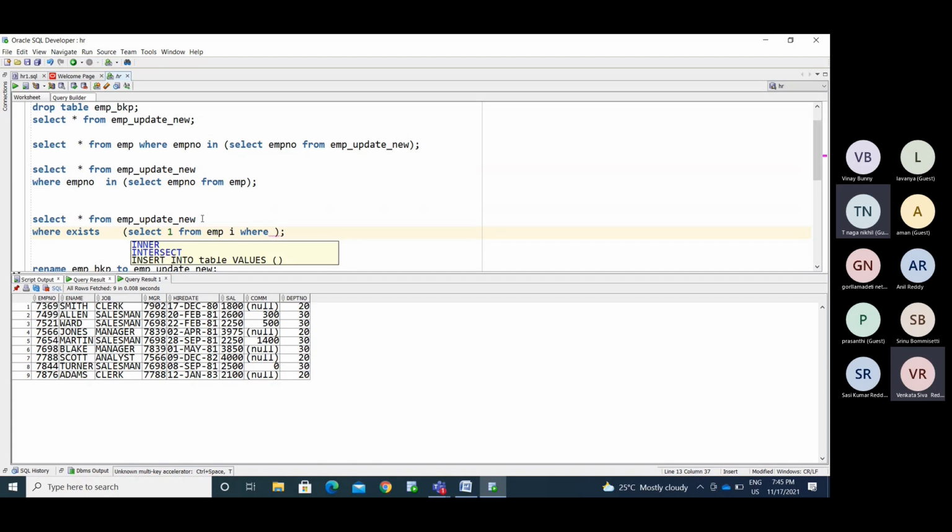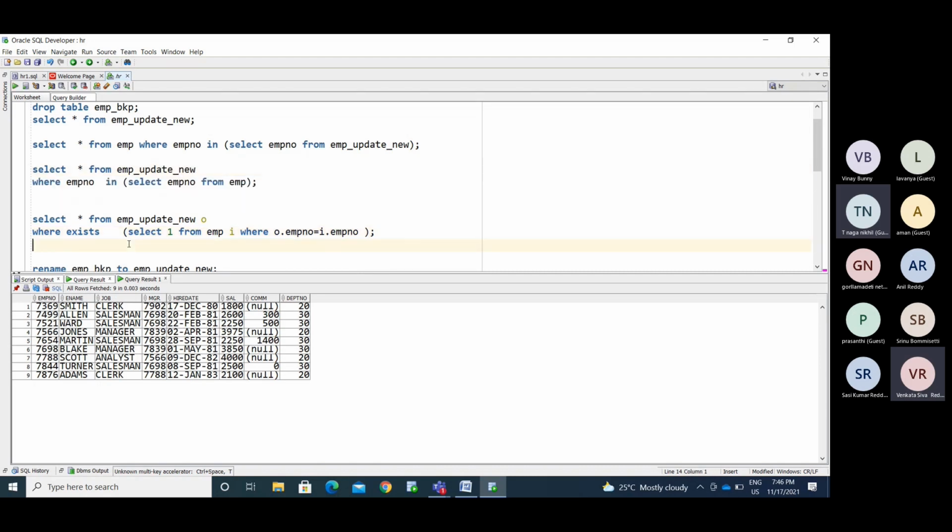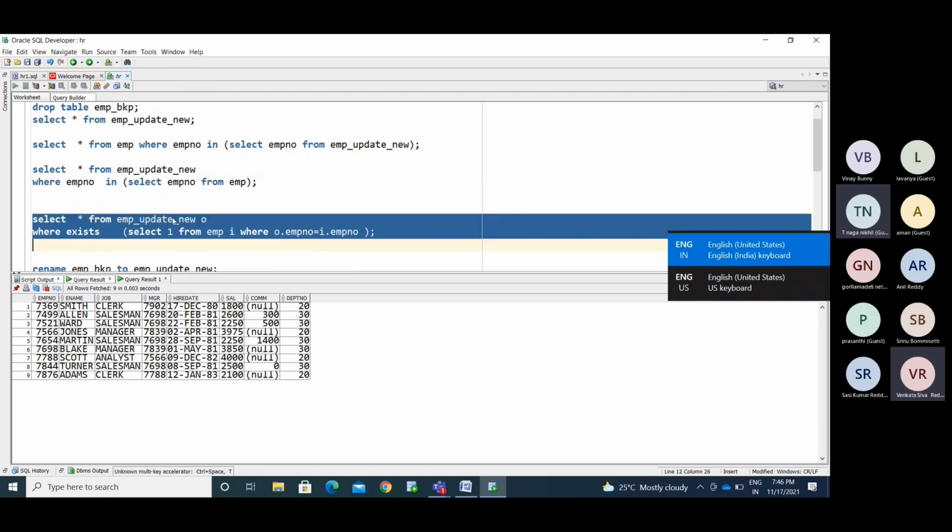I will use in I. This is outer. O data EMP number equal to I data EMP number. Okay, now see, I'm getting the same results. Here also I'm getting the 9 records, and here also I'm getting the 9 records.